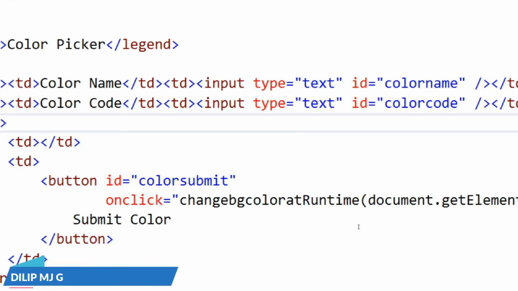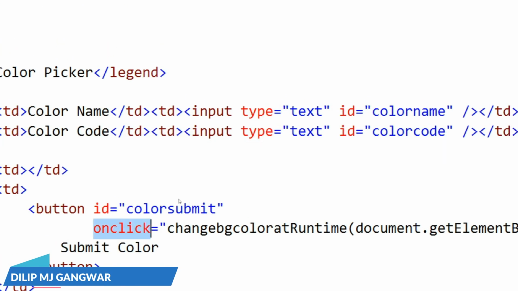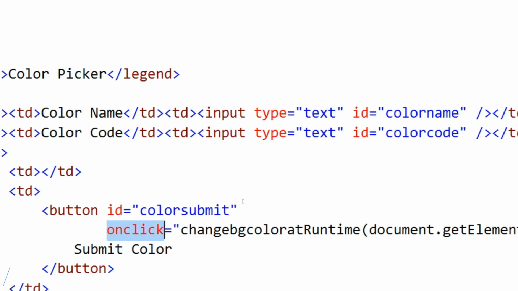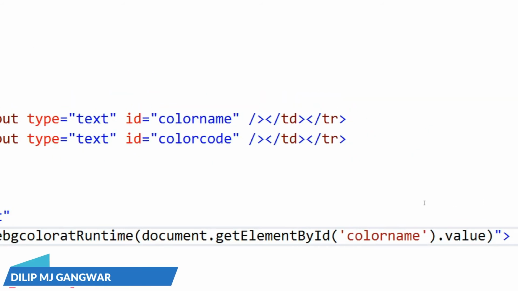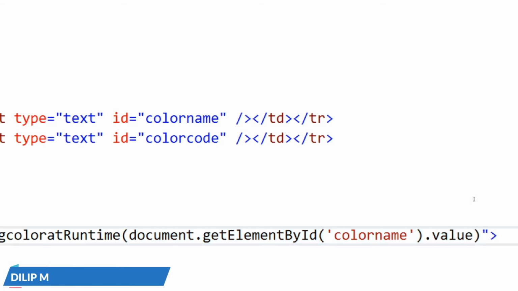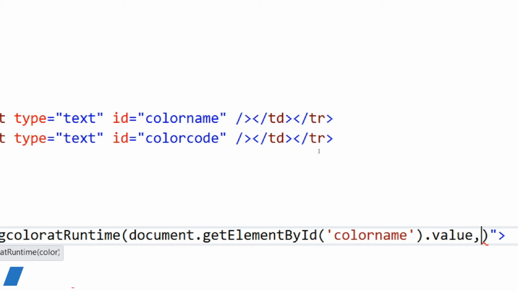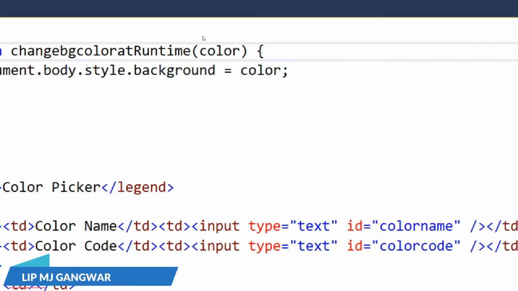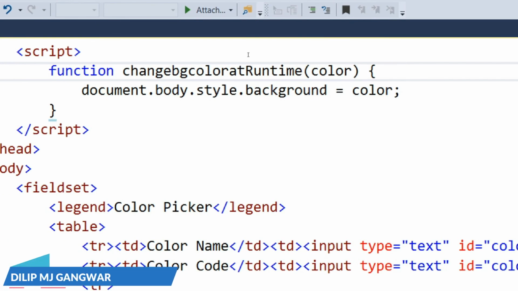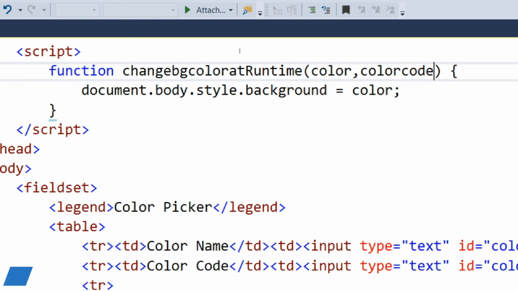In this code, you can understand very easily that when the user clicks on this button, this function will be called. After that, that color name will be passed, and here is the key you can understand. I want to pass one more thing here, the color code. So I am putting a comma here and passing the color code. But how do we pass the color code? As we have passed the color name. But before this, in which variable will we pass the color? So we have to create a variable first. I name it colorCode.